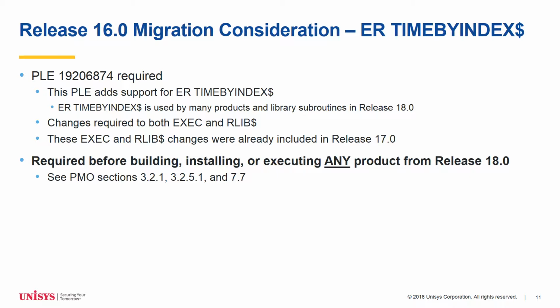Again, you should assume that none of the products from Release 18 can be built, installed, or executed on your Release 16 system until this EXEC PLE is present. Note that this PLE includes not only a code change for the EXEC, but also requires an upgrade of the contents of your sysdollar rlib$ file. The library elements in the sysdollar rlib$ file for Release 16 do not support ER time by index dollar. Installing a newer rlib$ level requires a jump key 4 reboot when booting the new EXEC tape containing PLE